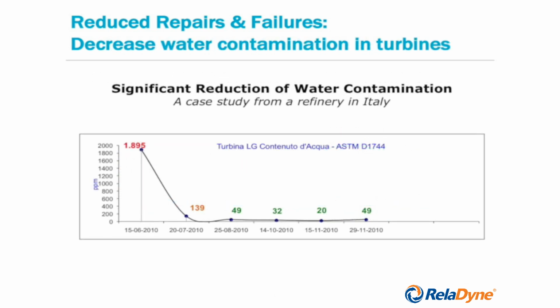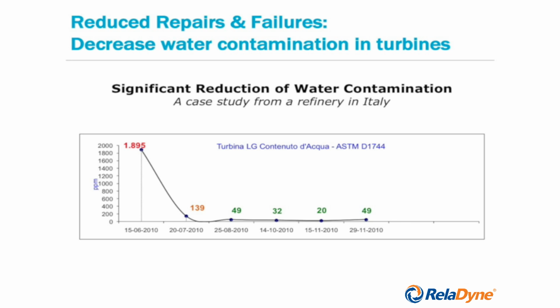On this slide here, we're dealing with the reduced repairs and failures that happen when we decrease the contamination with water in turbine bearings. Water gets into turbine bearings, as we will see from another slide in just 2 minutes. Water gets into these bearings because there is steam leakage. So this Italian refinery was extremely interested in finding out to what extent can they reduce water intrusion into small